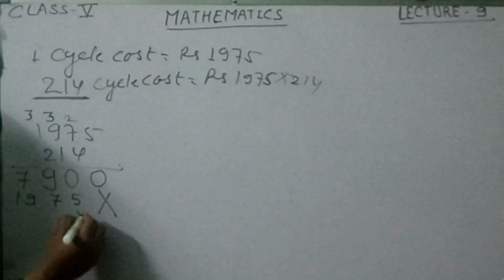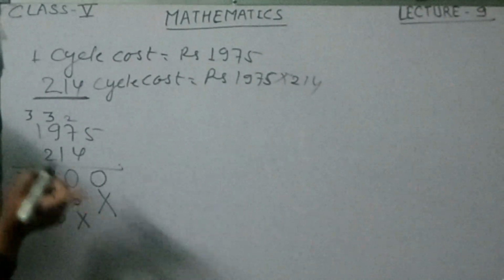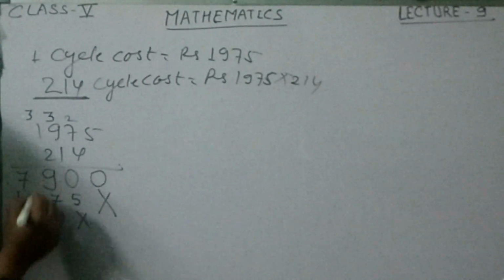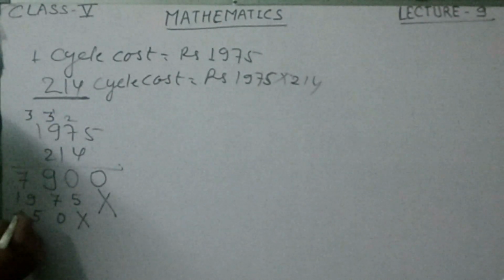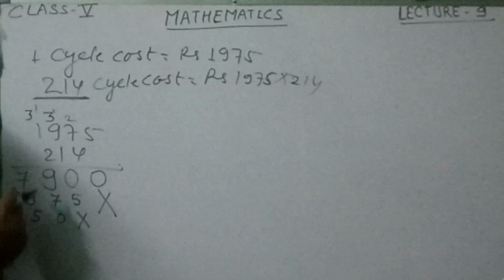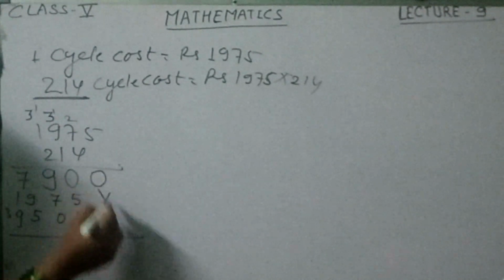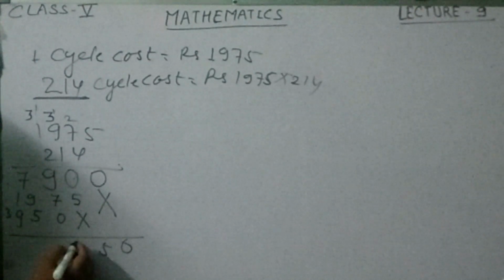We have to cross here. And then 2 5s are 10, 0, 1 is the carry. 2 7s are 14 plus 1 is 15, 1 again is carry. 2 9s are 18 plus 1 is 19. Again 1 is carry here. 2 1s are 2 plus 1 is 3. At last we have to add the number 0, 5 and 9 plus 7 is 16.